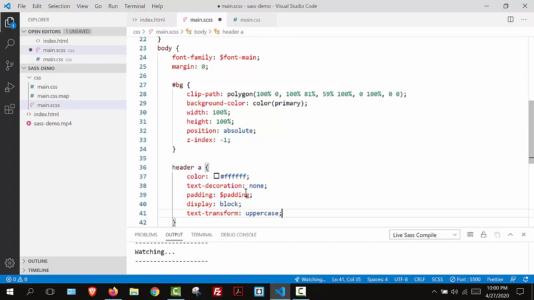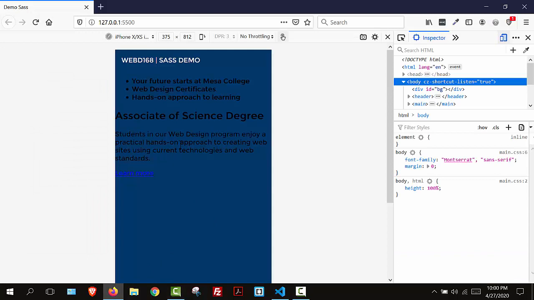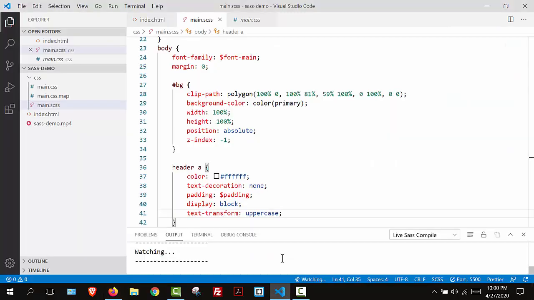So I'll save this, Control S, and I'll go back out to my browser, and you can see this is what we are working on right here. So it changed to white, and it put this in all uppercase. All right, I'm going to go back into my code editor. We can keep nesting, but it is recommended that you do not go any more than 3 or 4 levels